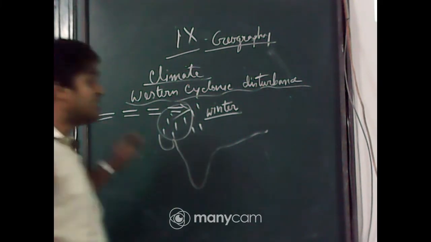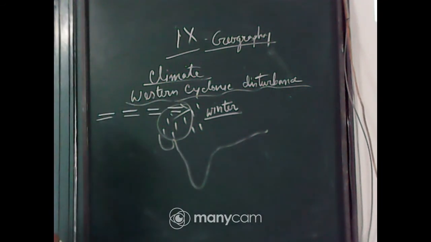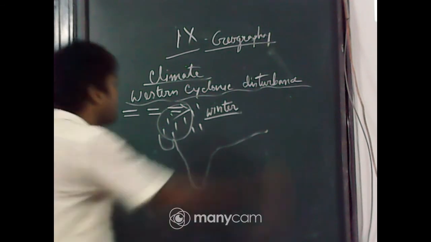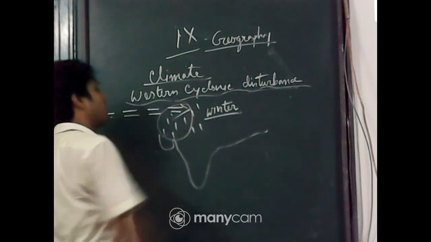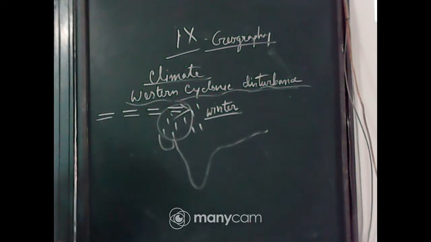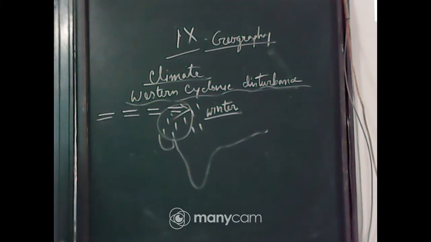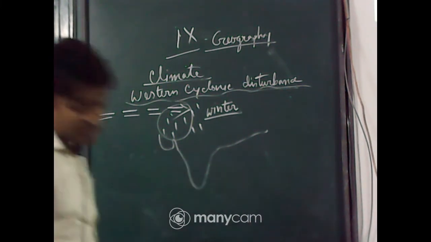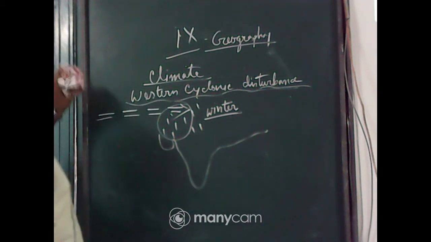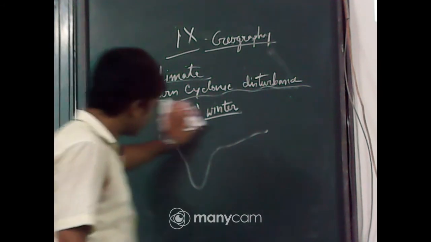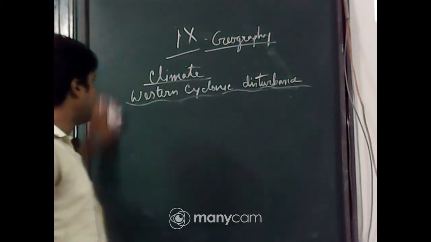When you read the chapter on winter season, at that time also I will explain it again. So western cyclonic disturbance, why is it called disturbance? Because during that time temperatures fluctuate due to the westerly flow of cyclone, and rainfall also occurs. This is western cyclonic disturbance. So western cyclonic disturbances are found in India only during the winter month. Understood, all of you? This is western cyclonic disturbance.